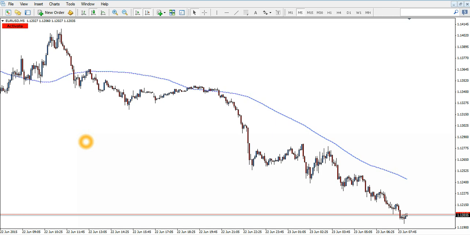The method that is used for the strongest weakest tool is with the use of moving averages and applied to 28 currencies. Now each of the 8 currencies is matched with the other 7 to make up a total of 28 currency pairs. And the calculation is done as follows. If the price is above the moving average, then the first currency of the pair is considered to be the strongest, and 1 point is awarded to the first currency and no points to the second currency of the currency